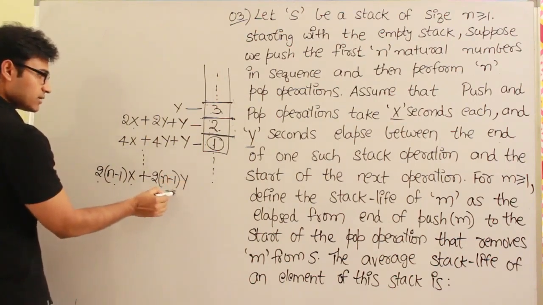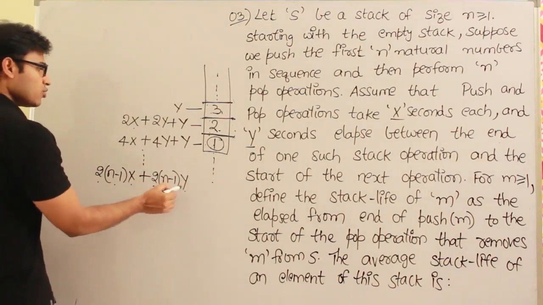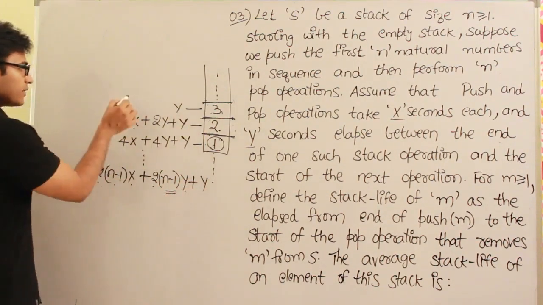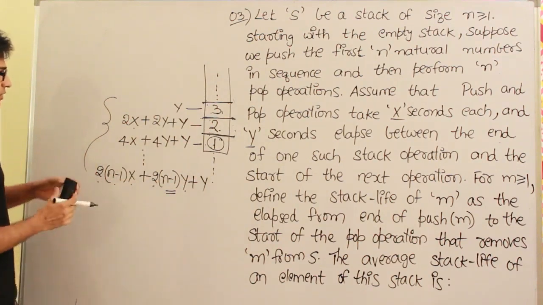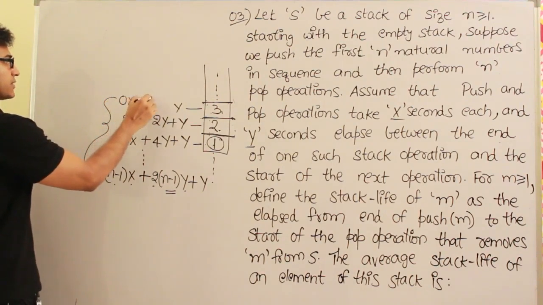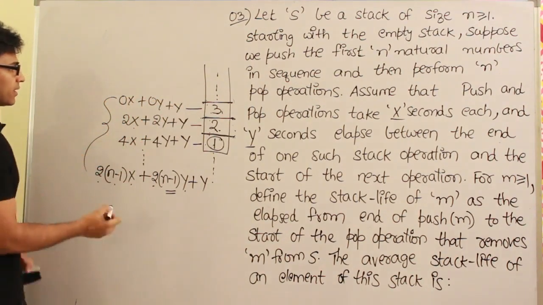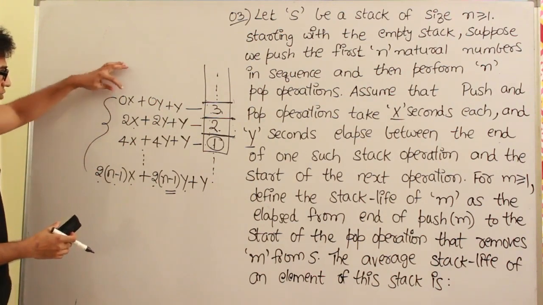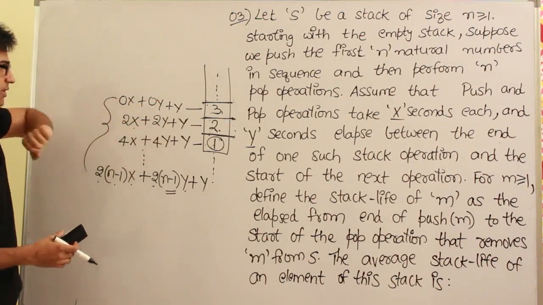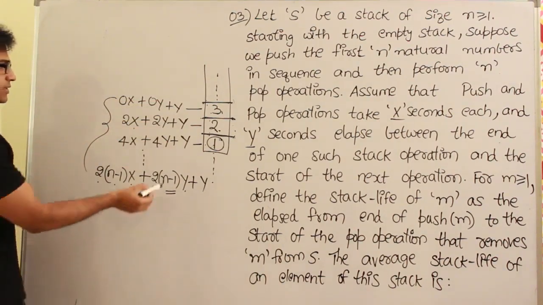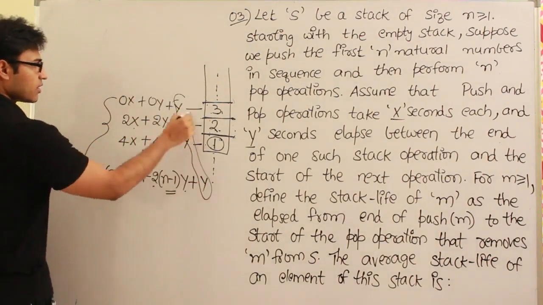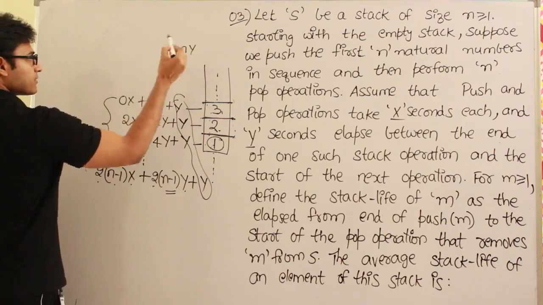The reason is there are n minus 1 lines and each one will contribute 2y time, right? Plus the last one will contribute y. So all of this has to be added. If you observe it, you can write it like this: 0 into x plus 0 into y plus y, right? So for the first element it is the case, for the second element it is the case, for the third element it is the case, for the last element it is the case. So how many y's are there? Exactly n y's are there. So this entire factor is going to be exactly n y's, isn't it?